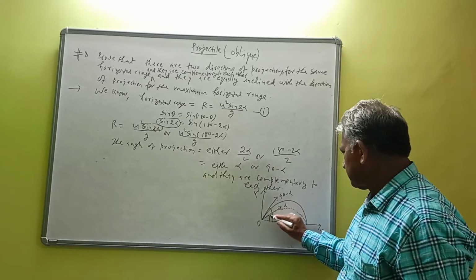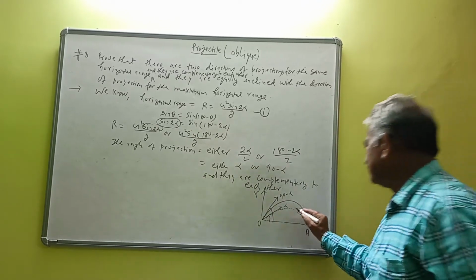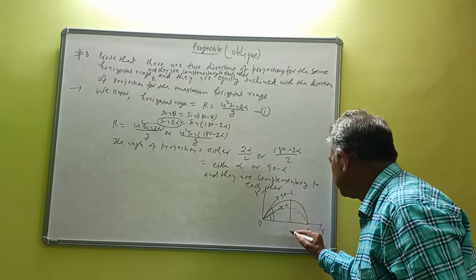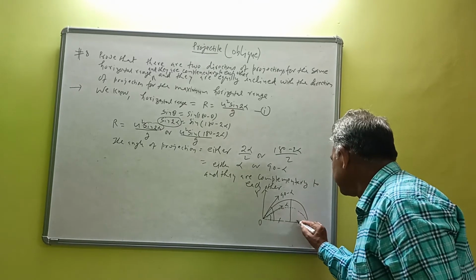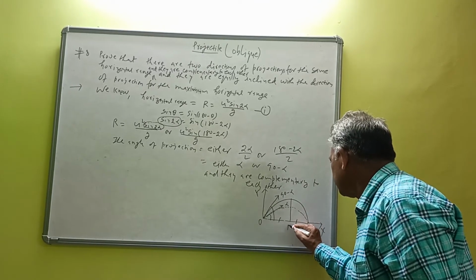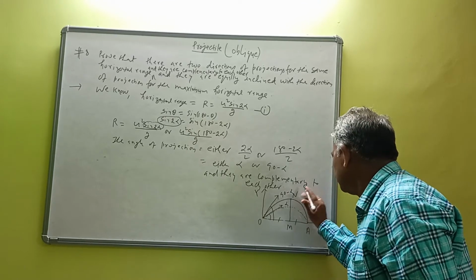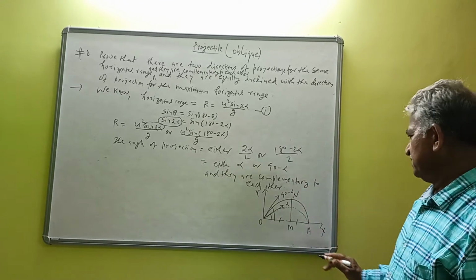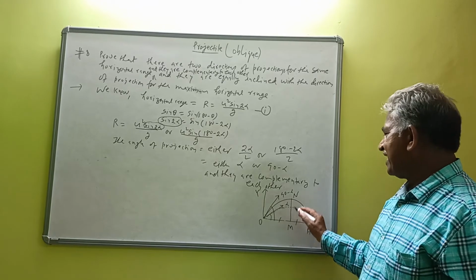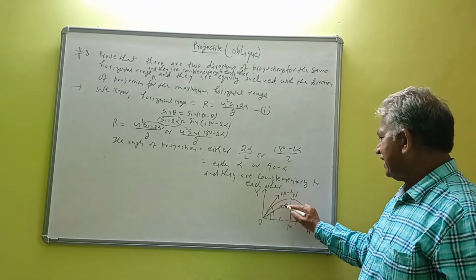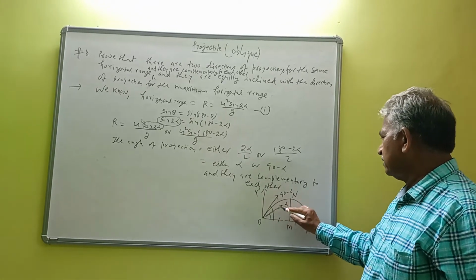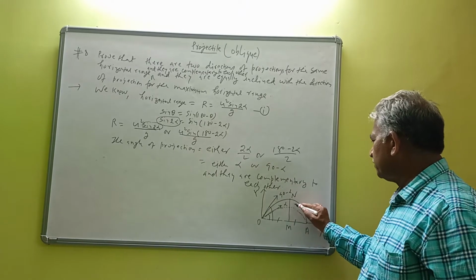So this angle, the smaller projectile, which has the smaller height, this is the middle point, these two are the same, and this is suppose M, this is N. So there are always two angles of projection. Number one, this is the angle of projection and this goes up to the smaller height, suppose this is N dash.